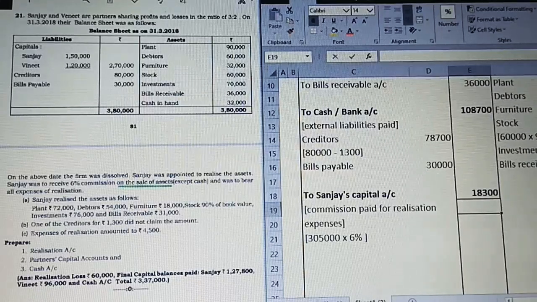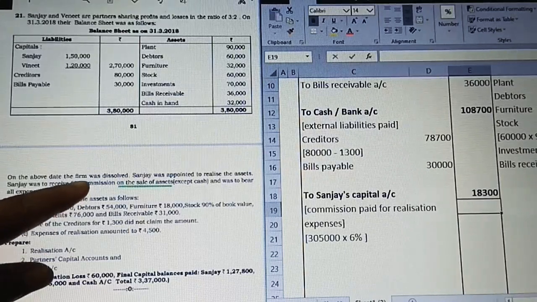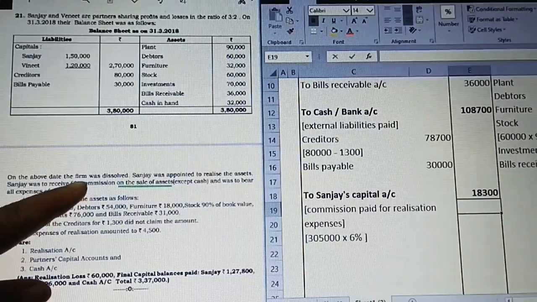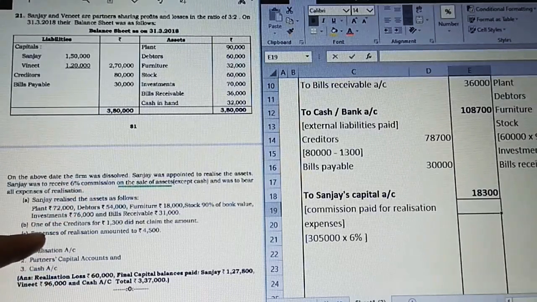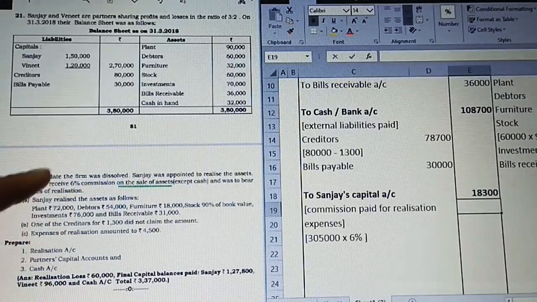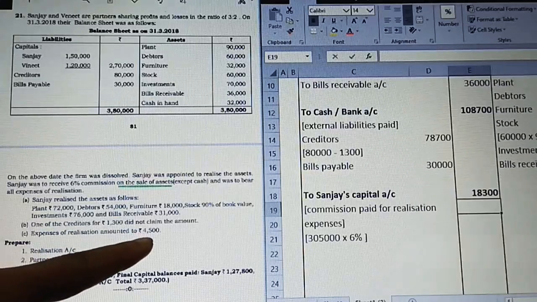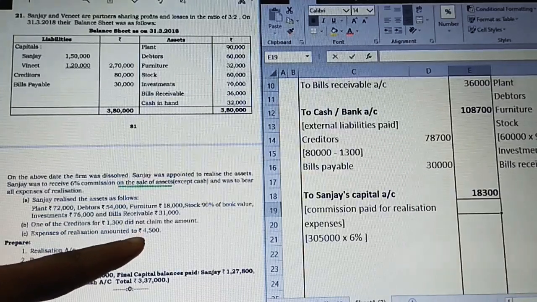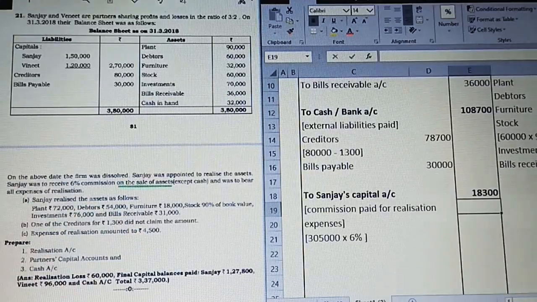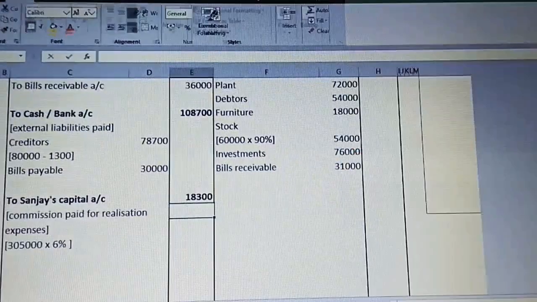That's it. Very simple it is. Only thing is we have to understand. Always know that for any commission to be paid to the concerned partner, never ever take up the realization expenses because it already includes it, because he's taking up the complete burden of that. Including that we are paying him a commission. Clear? Okay. Now let us just go for